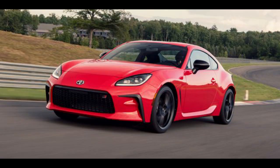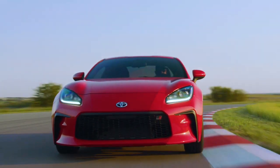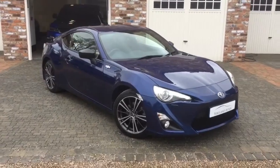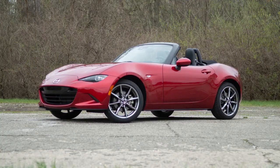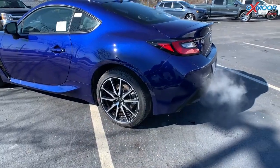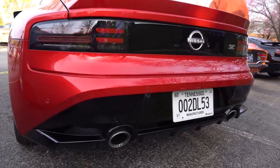For the GR86, we are talking around £29,000, and I've said pounds and dollars there for a reason. The reason is because the GR86 is a lot cheaper, but I think that's because they couldn't spec it more than what it was worth given the engine size and performance. It's similar to the old GT86 and maybe competitors like the Mazda MX-5 or the BRZ, of course. Now, that is incredible value from Toyota given their cars are excellent and everyone loves them,